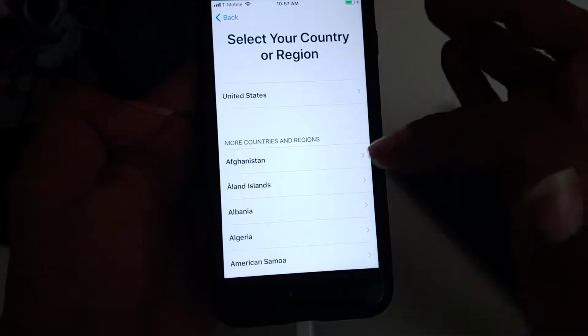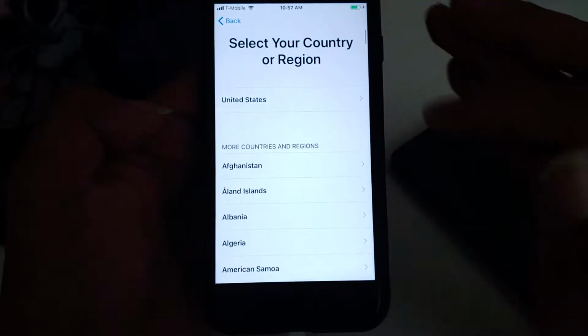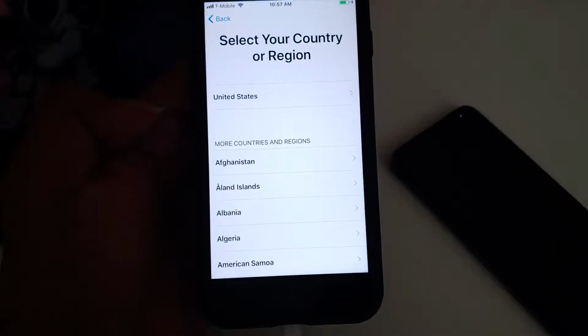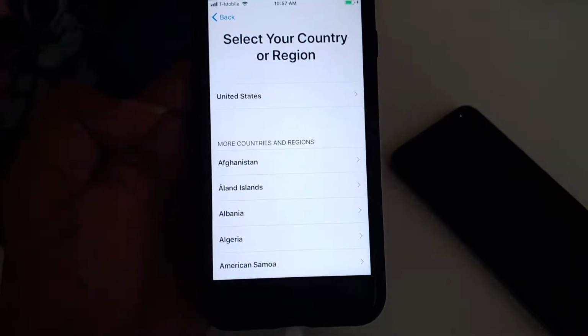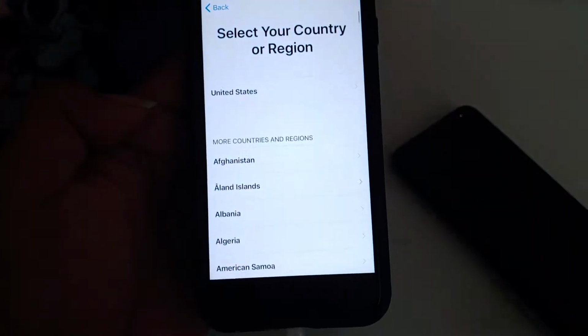Okay, and in here, depending on where you're at, of course, majority of people I'm assuming are in the US, but depending on where you're at, you can, of course, select the country you're in. Well, we're in the US,